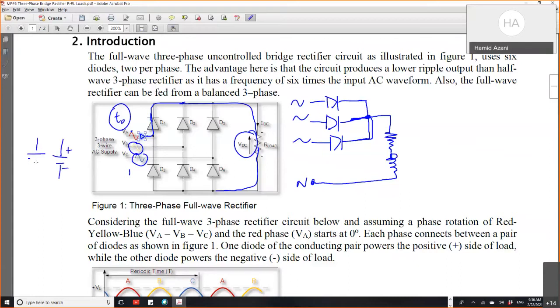We never have plus and plus or minus and minus. So usually you have high potential and low potential, and the current comes back through the low potential. So that's why at this point, that current will look for which phase here is the lowest one compared